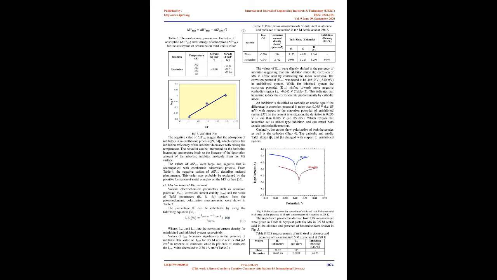Initially open circuit potential, OCP, was measured as a function of time, and after the stabilization of the electrode at OCP, the electrochemical measurements were carried out. The change in potential was measured by a potentiostat, CH Instruments model CHI 608C, made in USA. EIS was carried out in the frequency range 1 to 100 kHz and AC amplitude of 5.0 mV. A graph was drawn by plotting real impedance, Z', versus imaginary impedance, Z''. The typical Nyquist plots of MS were obtained in the absence and presence of the inhibitor in acetic acid solution.